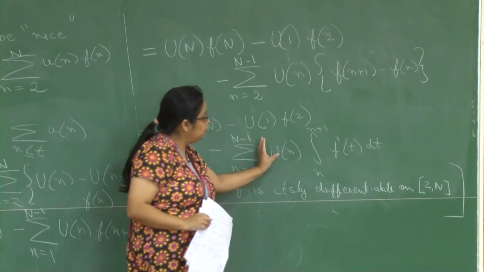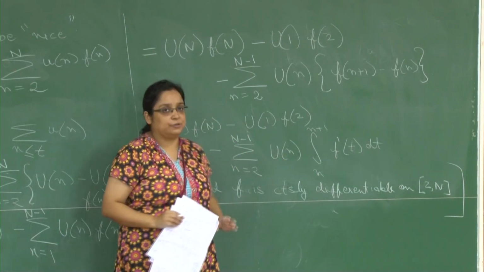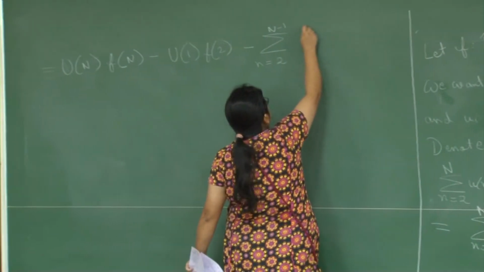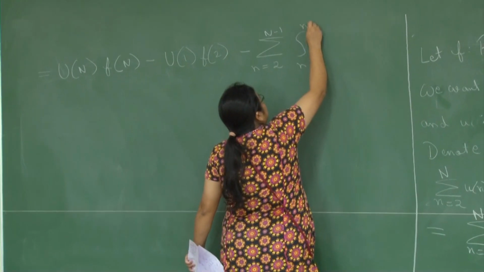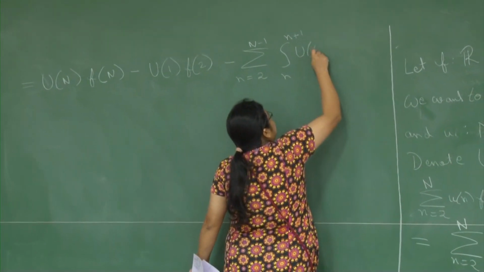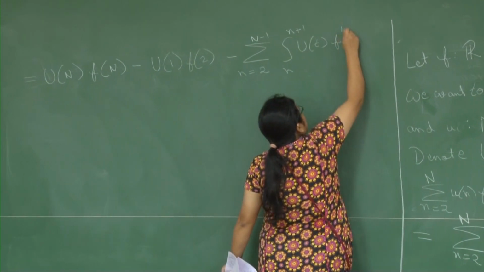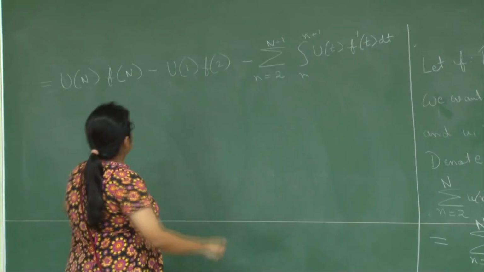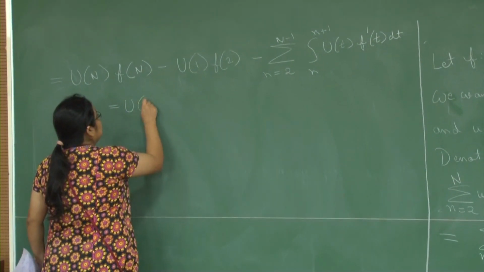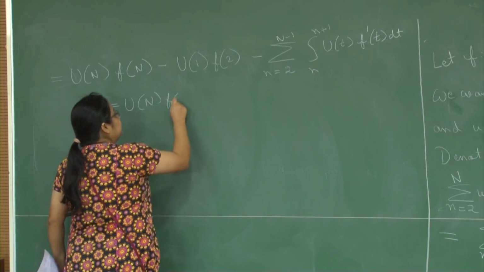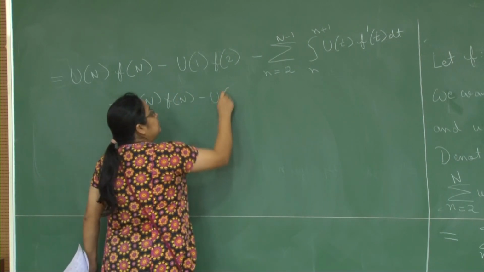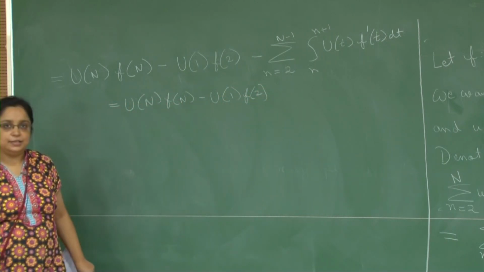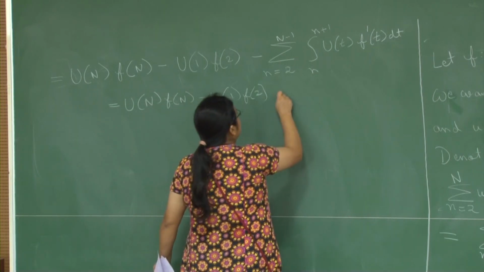So, we can actually move this u of n inside the integral, and what we end up getting is the sum n going from 2 to N minus 1 of the integral of u of t f prime of t dt. And what is this equal to? U of N f of N minus u of 1 f of 2. By the way, capital U of 1 is just little u of 1, there is nothing big happening there, minus,